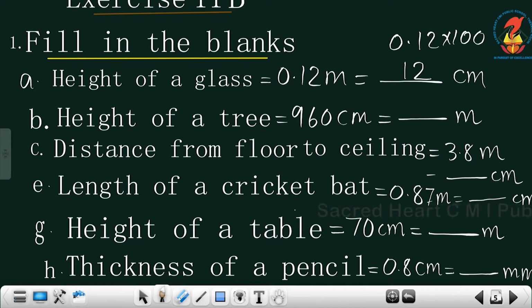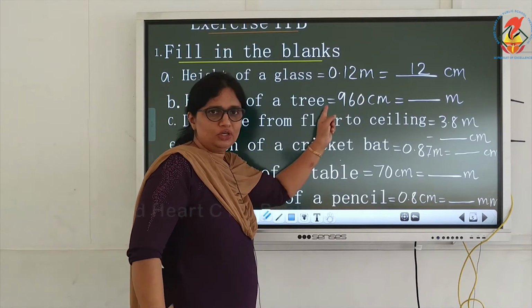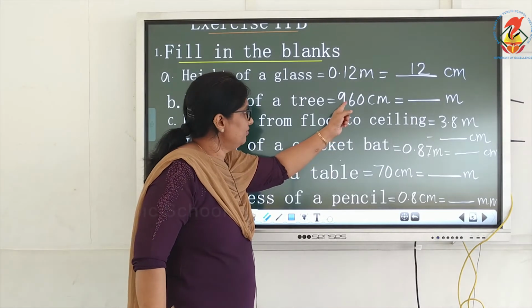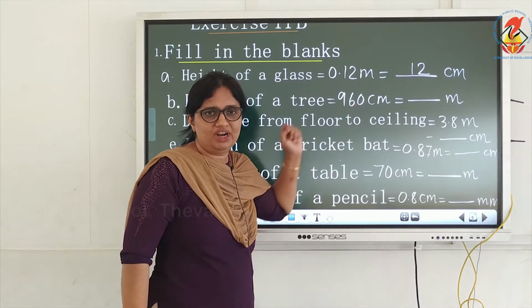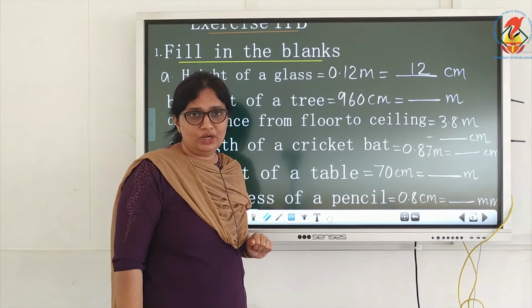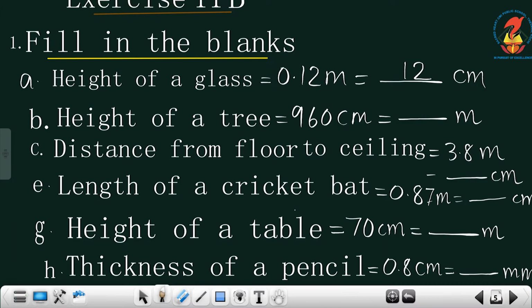For the division by 100, the point moves to right or left? You tell me, did you remember that? Move to the left only, right? So 1 place, 2 places. What is the answer here? 9.60 only. Is it clear? Because division only, right? For the division, the decimal places move to the left only, right? For the multiplication, the decimal point moves to the right only.